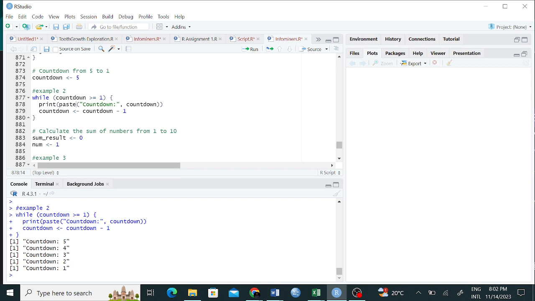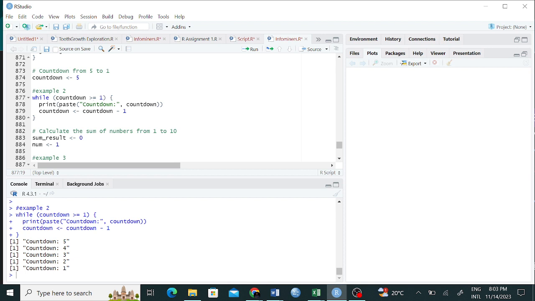So when does it stop? It will stop when the value of countdown that we have here is less than 1, right? Because as long as the countdown value is still greater than or equaling to 1, we run and execute.